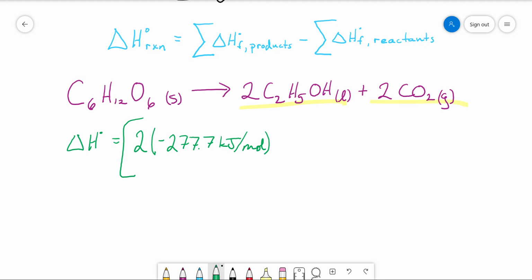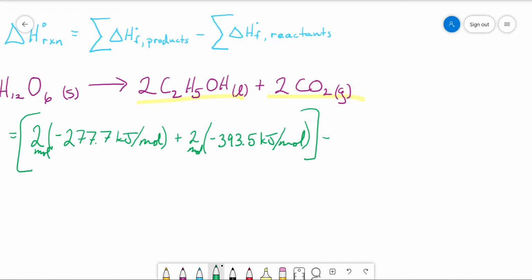Again, there's two CO2s, and this is the sum of, so plus 2, and formation of CO2 is negative 393.5 kilojoules per mole. Oh, and I should write, these are moles, because that'll cancel the units. And then end brackets